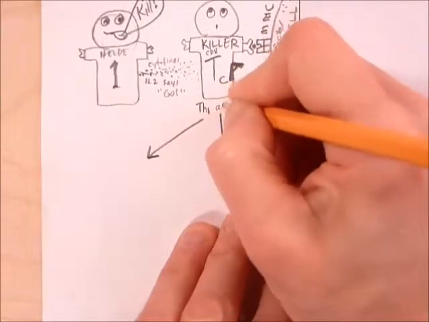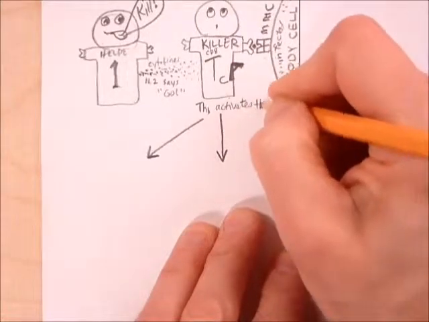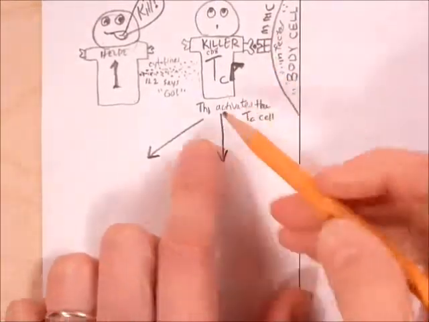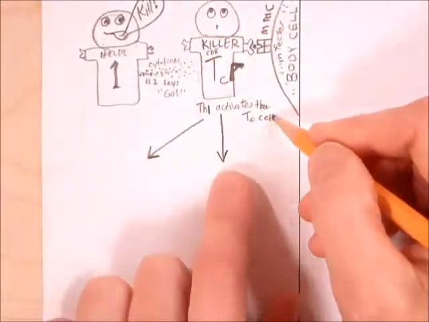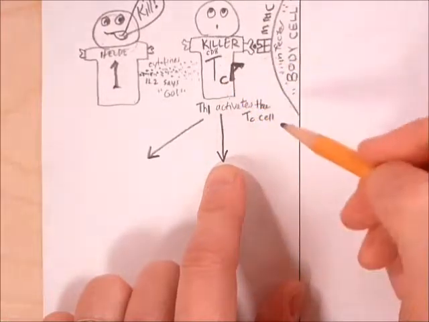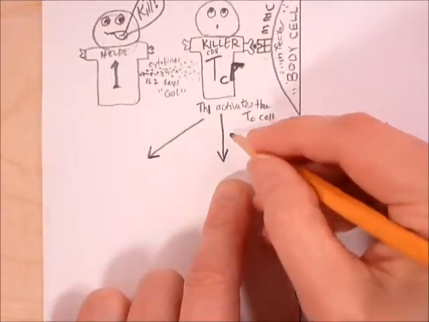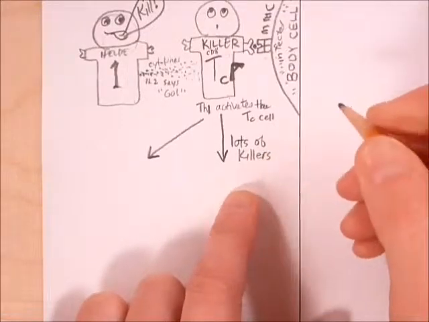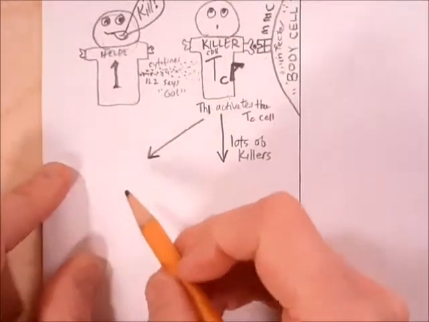TH1 activates the TC cell. Right, so I was just saying what we just showed right here. T helper 1 activates this killer cell. TC, C is for cytotoxic. Okay, so one thing that's going to happen is it's going to make lots of killers. It's going to start duplicating itself. And most of the copies are going to become killers, but let's put over here